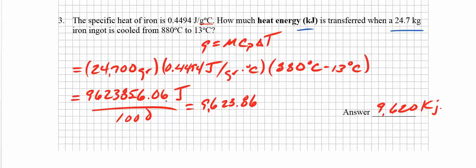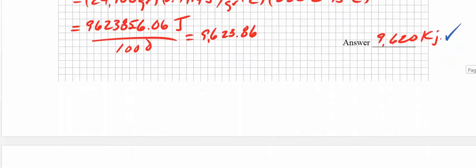9,623,856.06. I'm going to divide that by 1,000 because, look, they're asking me again for the answer in kilojoules. So when I divide by 1,000, I get 9,623.86. I'm going to polish that up just a little bit. Remember, I need 3 significant digits. So I'm going to make that 962. Does the 3 push the 2 up? No, it's not big enough. 9,620 kilojoules is my final answer,